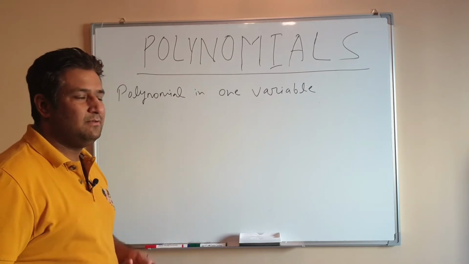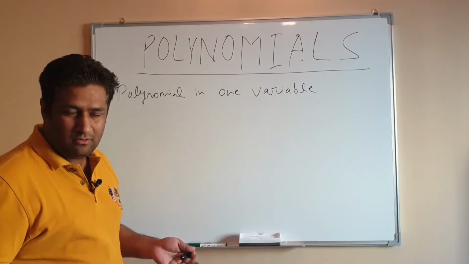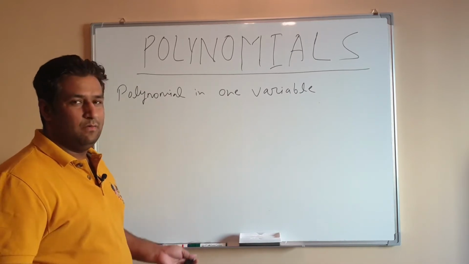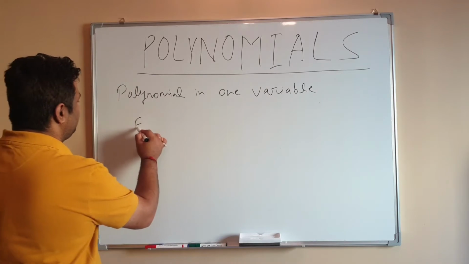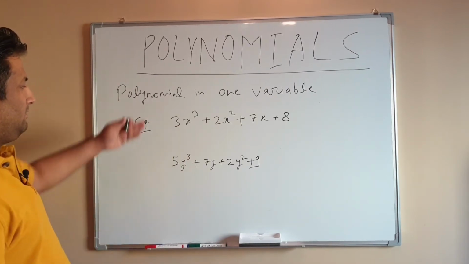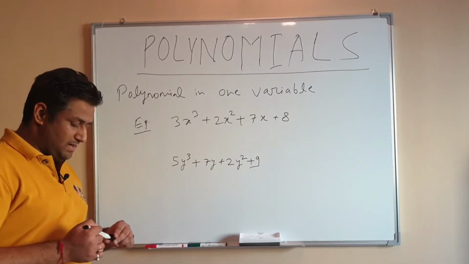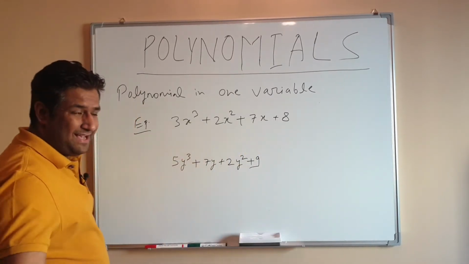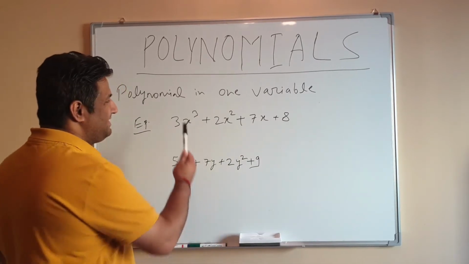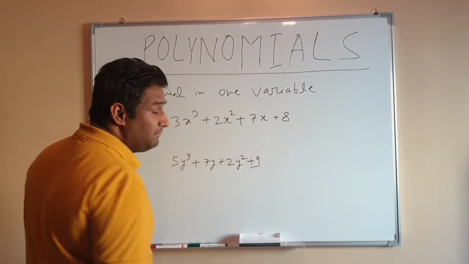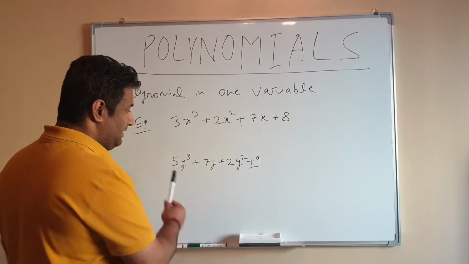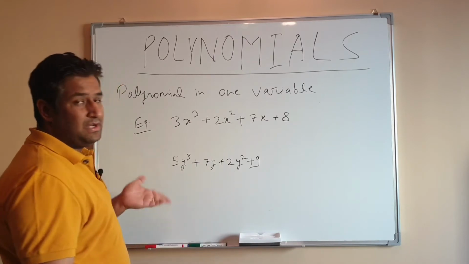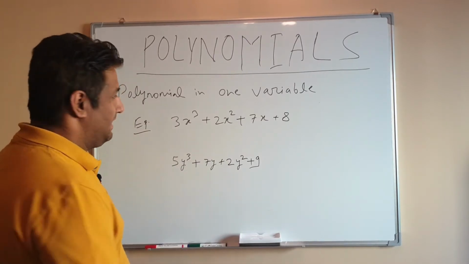Obviously normal polynomial terms can have a mix also, but here what we are specifically studying is polynomial in one variable. So I'll give you a couple of examples quickly. These two are examples of polynomial in one variable. Why? Because if you see the first term, the whole term is in terms of x only, and it's a polynomial term since the highest degrees of each term is a whole number. Similarly, in this term, the complete term is in y, so it's again a polynomial in one variable, which is y in that case.